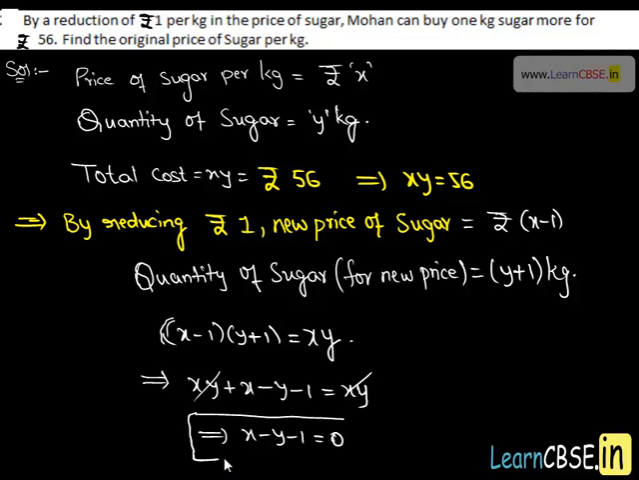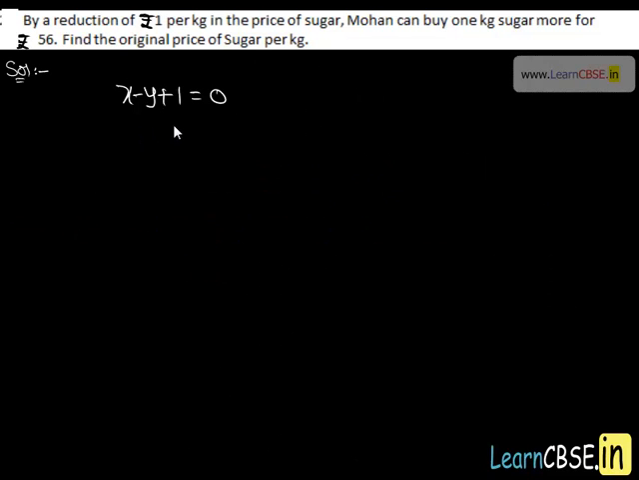To solve this equation for x, we need to eliminate y. To eliminate this y, we have to use this equation. So let's solve this equation for x using this equation. Therefore, x minus y minus 1 is equal to 0. Using xy is equal to 56, we get the value of y, which is 56 upon x. Therefore, y is equal to 56 upon x, and the expression becomes x minus 56 upon x minus 1, which